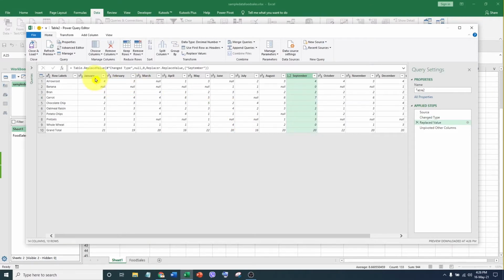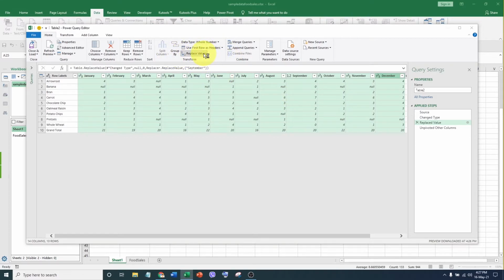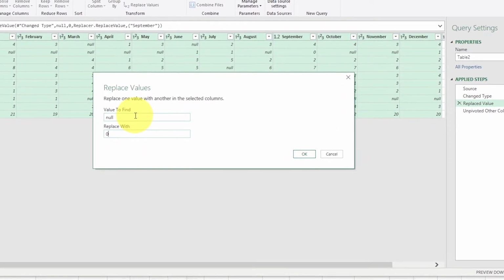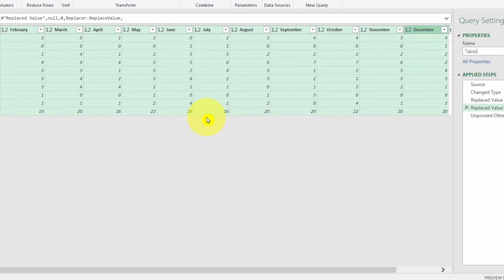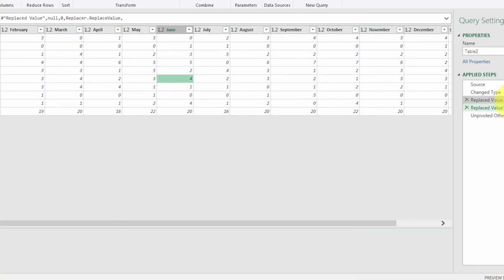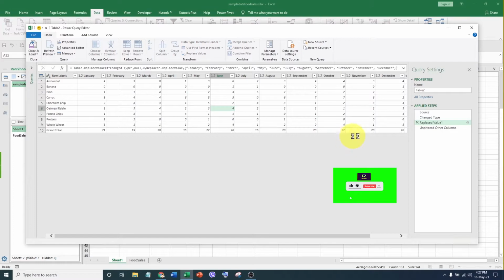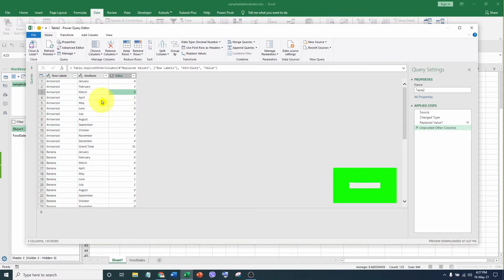Next, we have to replace the null value with zero to show the desired table. Done successfully.